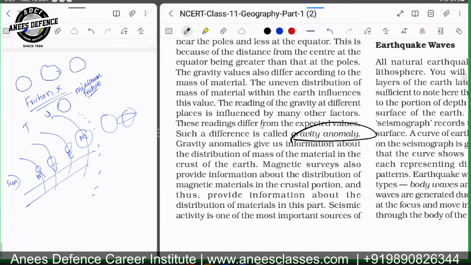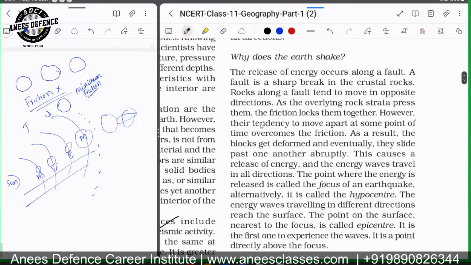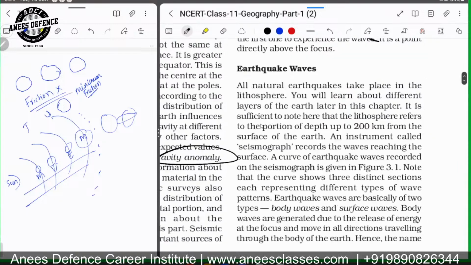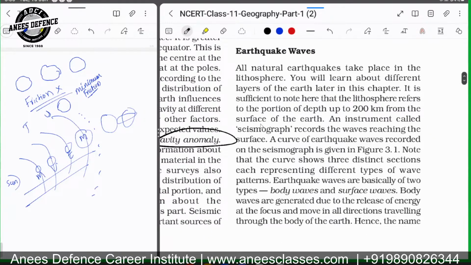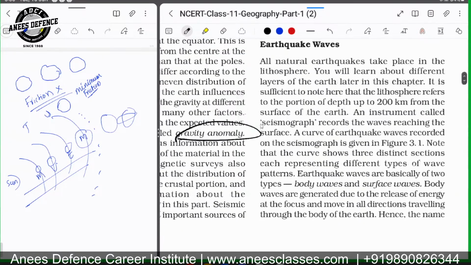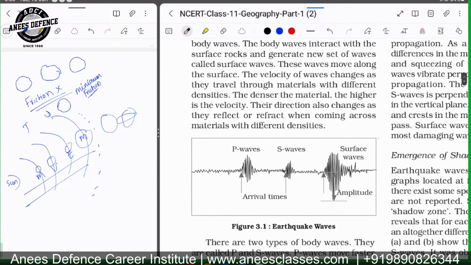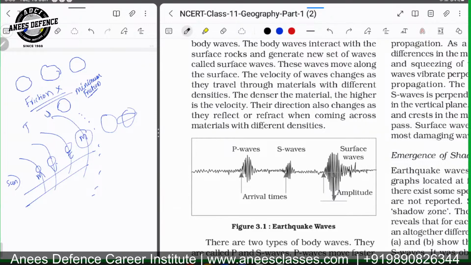Seismic activity, that is earthquake related activities, also gives examples. You know what is focus, what is hypocenter and what is epicenter. All of you know that. I will not repeat that. So while teaching earthquake waves, I have taught you about the S waves, P waves, R waves and L waves. You know that. Look, this image is very, very important.